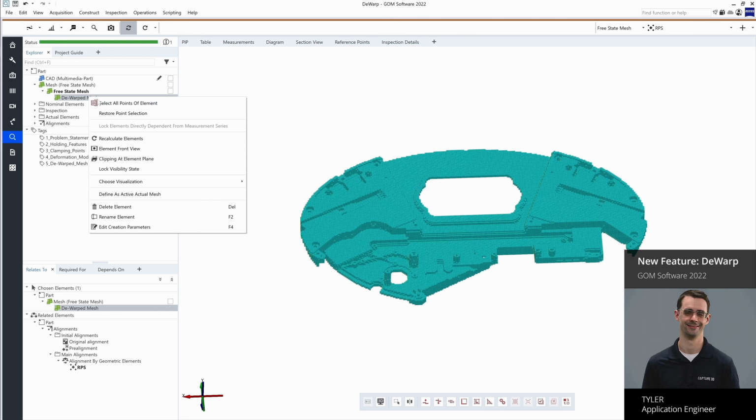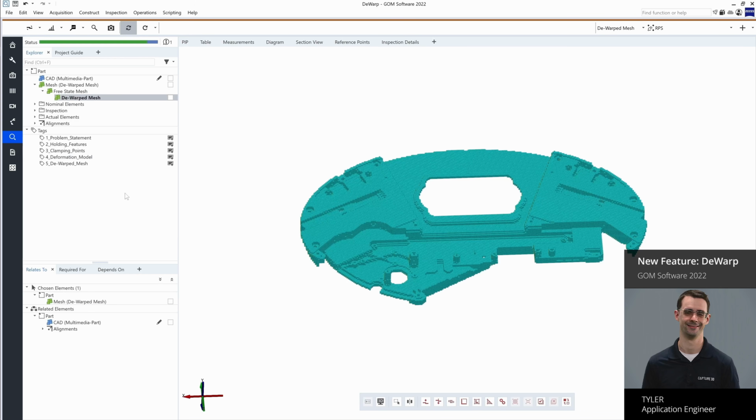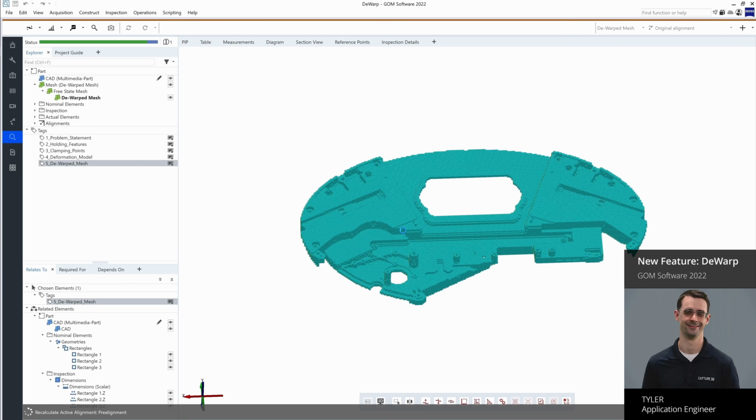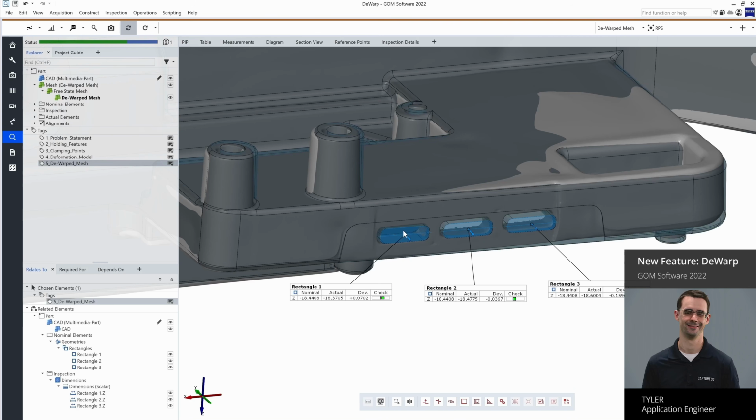And I've taken the liberty of calculating our dewarp mesh ahead of time for us, and we can take a look at those inspections again. You can see now with our dewarped mesh, the LED indicator cutouts are all in the correct location. What this means is that we can be reasonably confident that when this part is assembled, these features will work